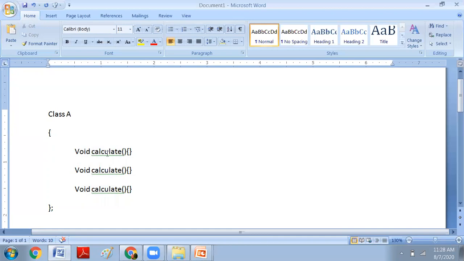Using the same name for two or more functions within the same class is known as compile time polymorphism, or static binding, or early binding. The situation is like this.